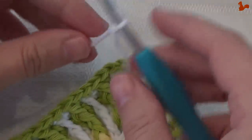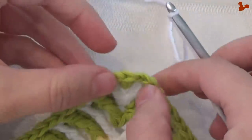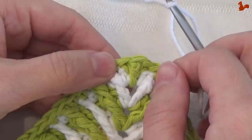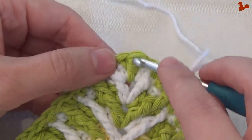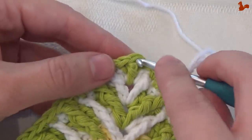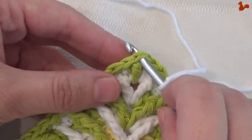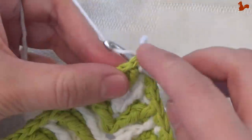Round 11, I have the white yarn on my hook again, and we're going to start in any corner. Your corner here is a single, that double there, and a single. To start in the double, that's going to be your corner position. We're starting in there with a single crochet,